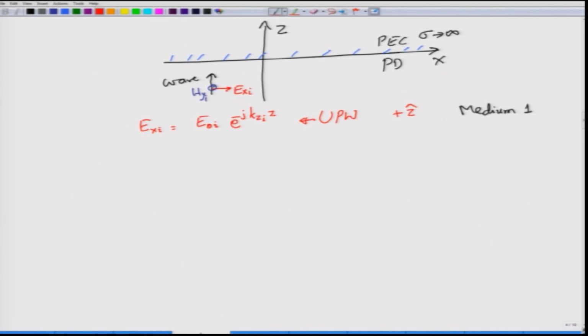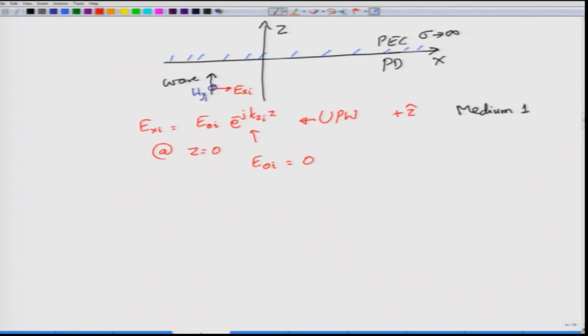So, this wave keeps on propagating and approaches the interface. Now, what happens at the interface? Clearly, there is no electric field in the second medium. So, whatever must happen at the interface plane z equal to 0 leaves us with the condition that E at the interface will be equal to 0. If I go back to this expression and substitute z equal to 0, the exponential term will be 1, and you are requiring that the total tangential electric field at the perfect conductor be equal to 0. If that condition is imposed, then it turns out that E_0I itself, the incident amplitude, is 0, which means fields are 0 everywhere. This is not a very helpful situation.